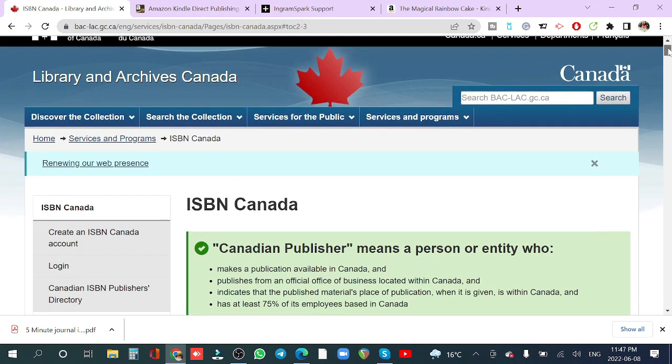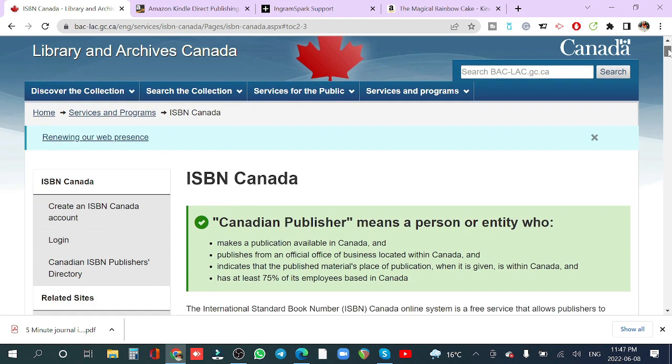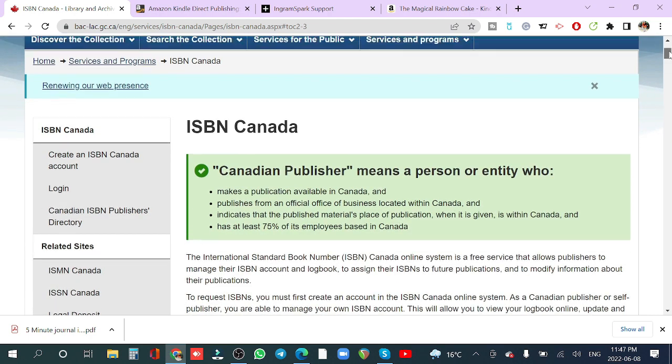Then the next thing you need to do is to get an ISBN for your book, because you'll be needing it to publish your book on Amazon or any other place. So ISBN in Canada is free. All you need to do is create an ISBN account. Then you put in your information, and I think it's going to take like 10 days for it to be approved. So once it's approved, you'll be able to generate your ISBN number, which you can use on your book